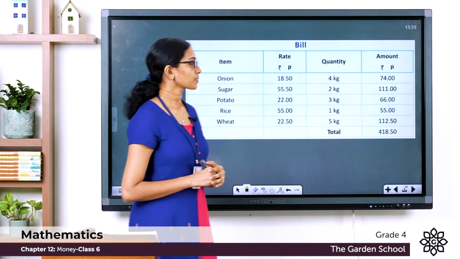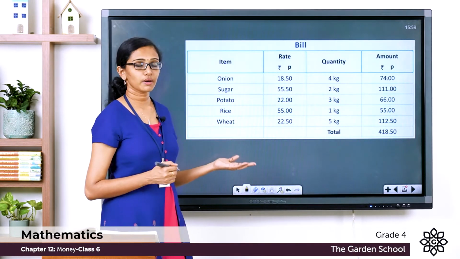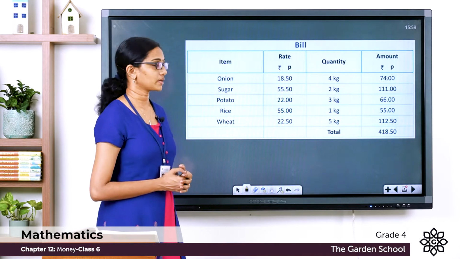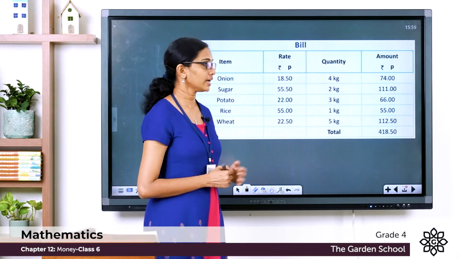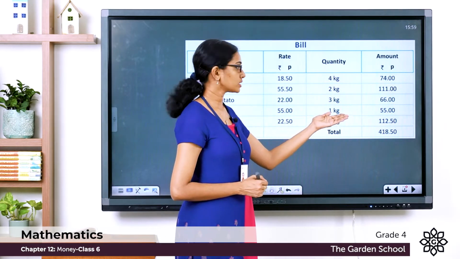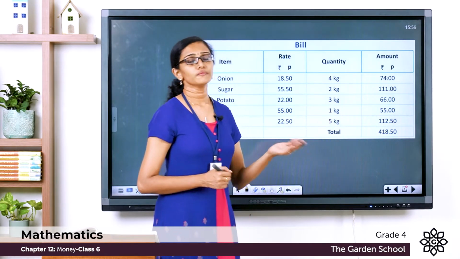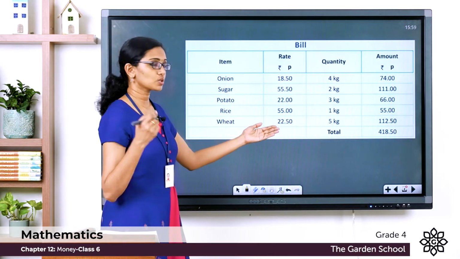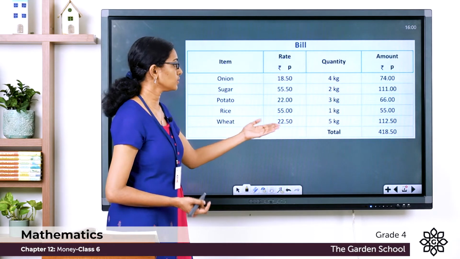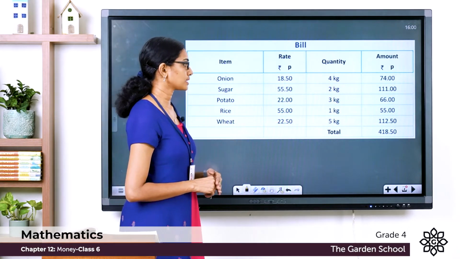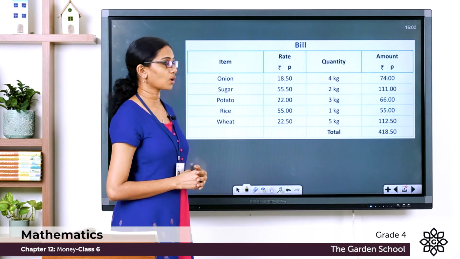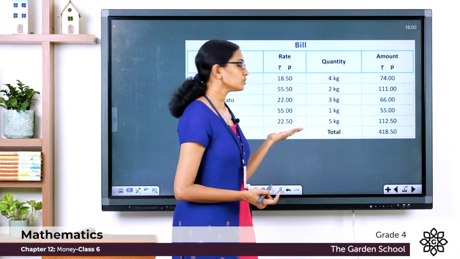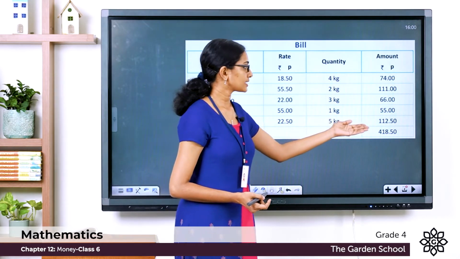which is equal to 66 rupees. Now, rice. The rate per unit, or the cost of 1 kilogram of rice, is equal to 55 rupee. Now, he bought 1 kilogram of rice. So, the cost of the total quantity of rice is equal to 55 rupee. Now, wheat. The rate per item, or cost of 1 kilogram of wheat, is equal to 22 rupee 50 paise. He bought 5 kilograms of wheat. So, the cost of wheat will be 5 into 22 rupee 50 paise